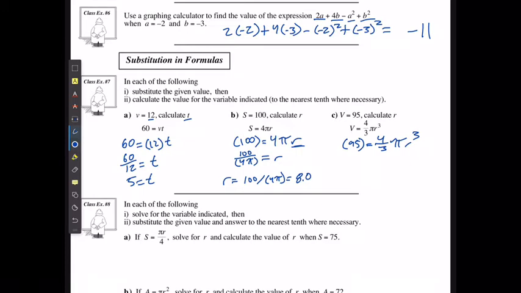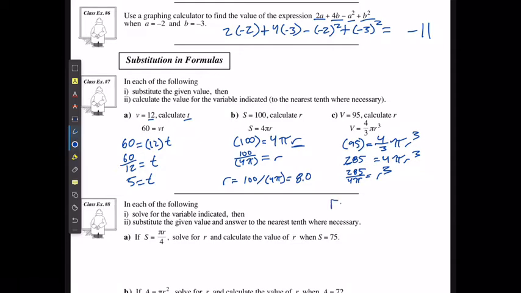And I'm going to say that I have 3 times 95, and 3 times 95 is going to be 285, is equal to 4 pi r cubed. I need to divide both sides by 4 pi, so 285 divided by 4 pi is equal to r cubed,